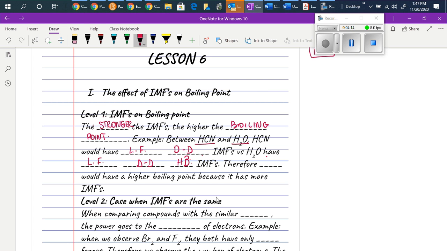Therefore, water would have the higher boiling point because it has more intermolecular forces, and one of them is a very strong force. So if a compound has more intermolecular forces than another compound,